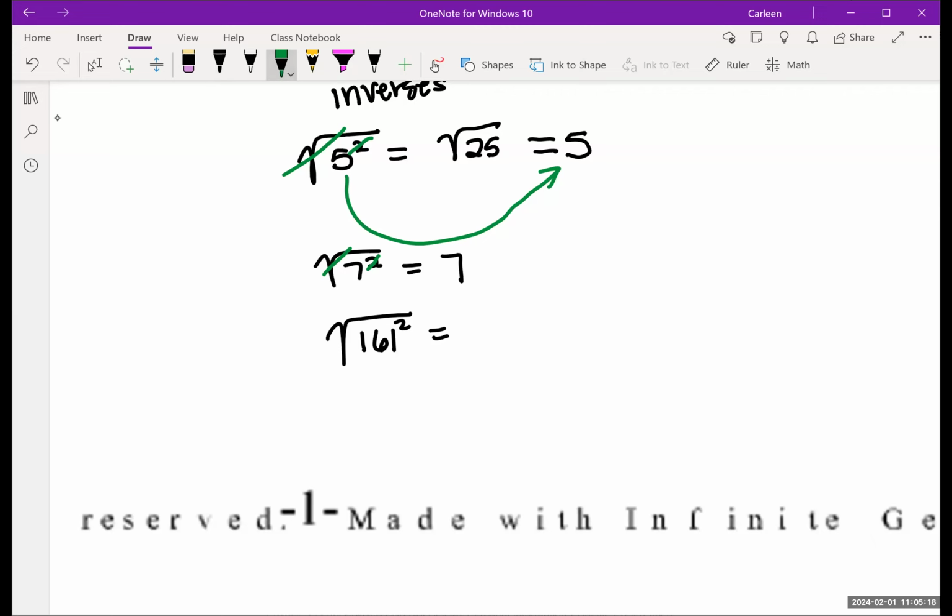Okay. Square root cancels with squared and we get 161. Do we see that the square root is canceling the squared? And the 161 pops out. So we're going to do one more. Square root of 10 squared is